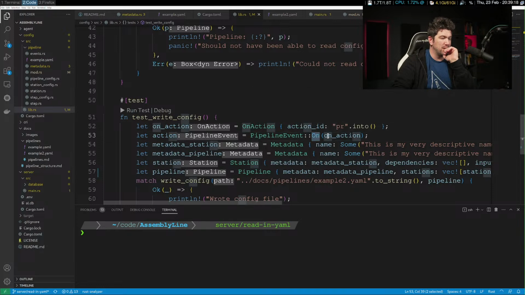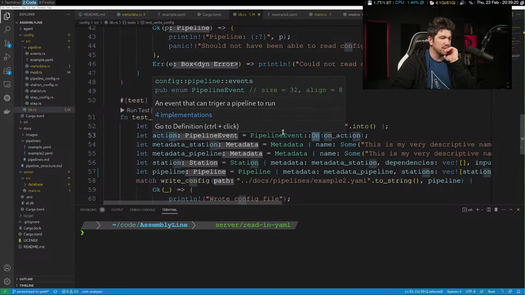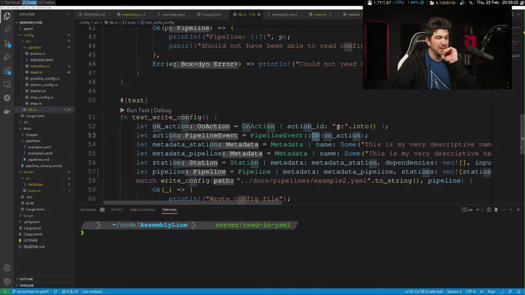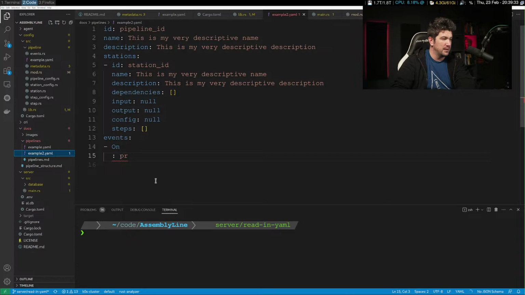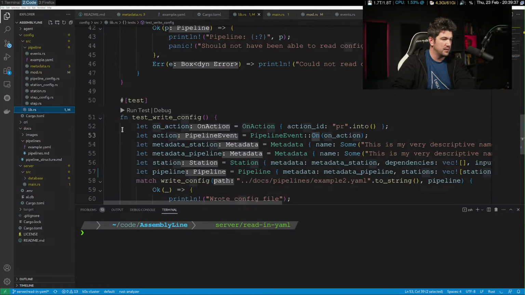So this is the on action, and this one is the on action. But if we run this, let's delete this. That is not giving me what I was expecting. Let's run this.